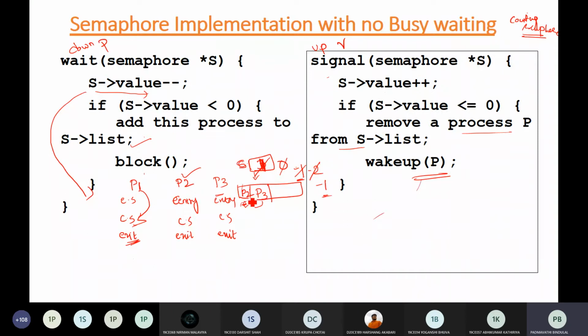That means P2 will now go back to the ready state, back to your ready queue. So your CPU is maintaining the ready queue. It will be going from this queue to this queue. Now whenever its turn comes to execute in its critical section, again the CPU will be executing this code